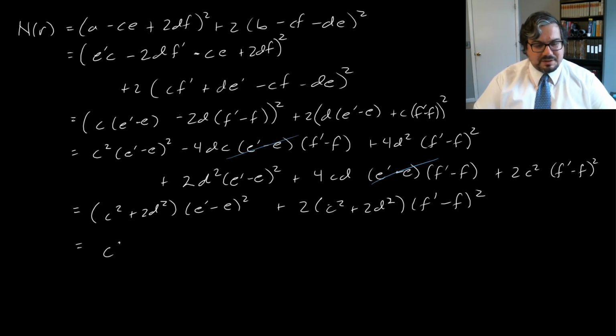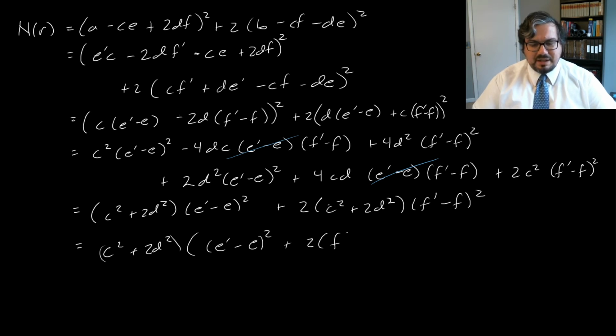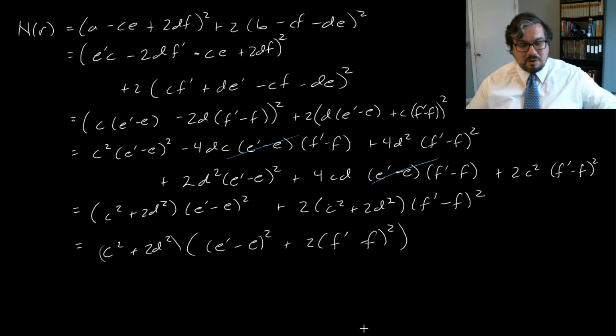So we wind up with c squared plus 2d squared times e prime minus e squared plus 2 times f prime minus f squared. So this is the norm of R when we choose our e and our f in the way that we defined, and